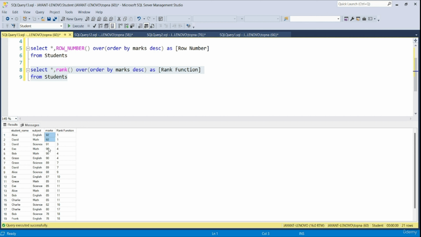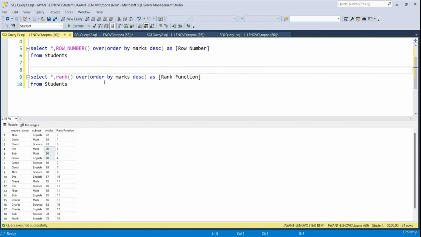Now again, if we talk about records number 4, 5 and 6, rank 4 was assigned, that's fine. But if you look at the next highest score, that is 89, you can see ranks 5 and 6 were skipped. Why? Because 90 occurred thrice. So ranks 5 and 6 were skipped. So in that way, when you use the rank function and there's a tie, the next ranks might be skipped. So in case of the rank function, if there's a tie,